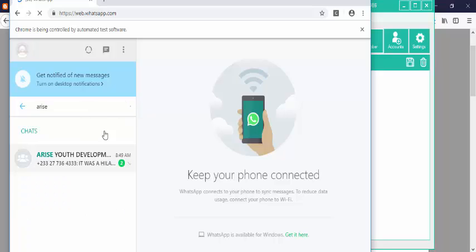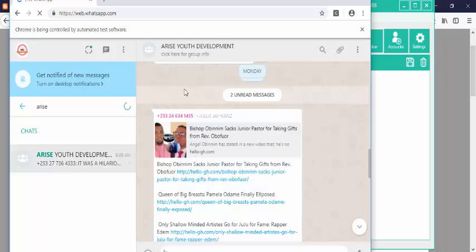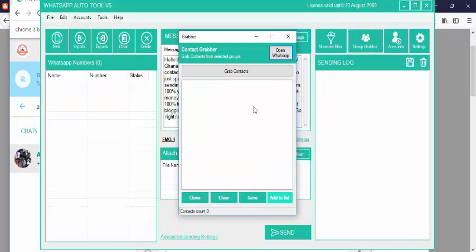Good. So let's say this group. Let me go to this group, for example. Good. Now let me go back to the app and then click on